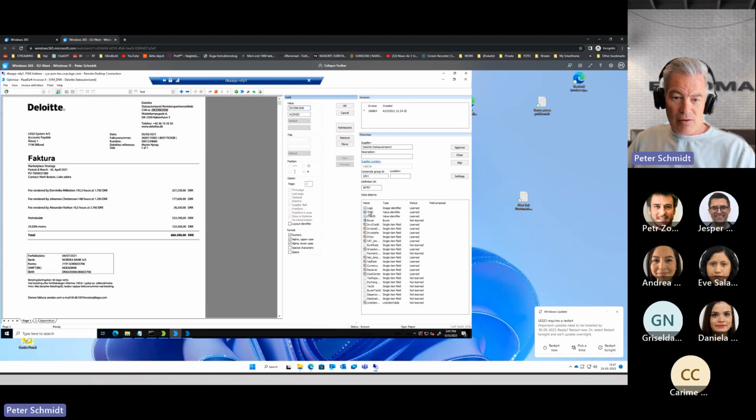Value identifier is often used for the VAT number. You can also see it did capture it here. That is some rules that the system knows. It doesn't have to be the VAT number. You can always go in and select something else if that makes sense. Then